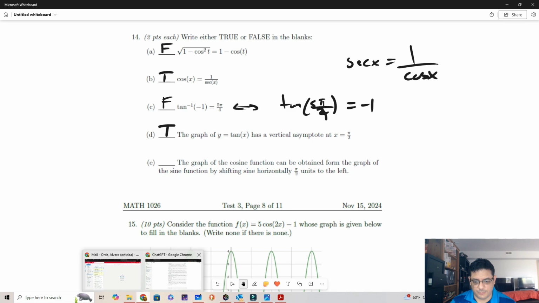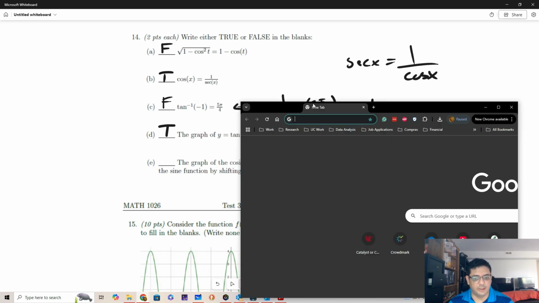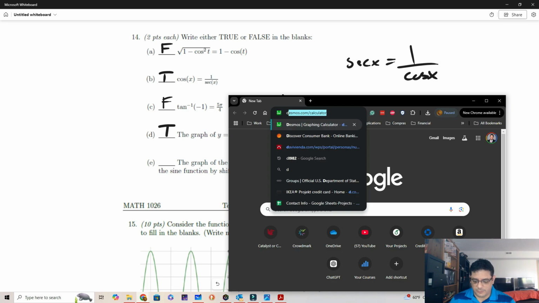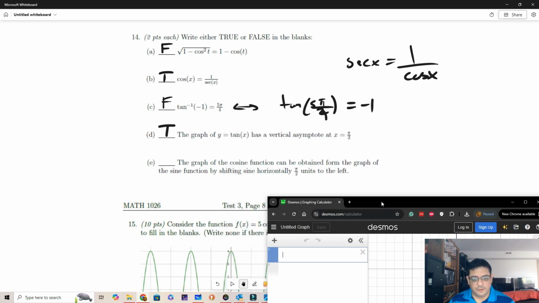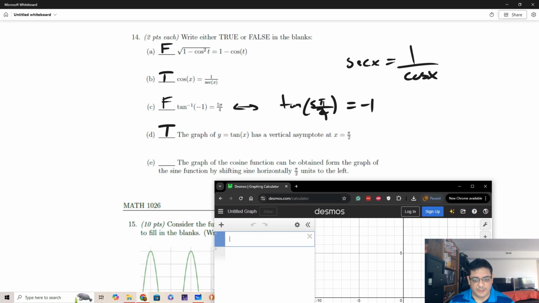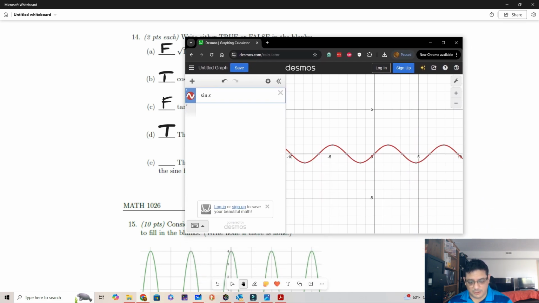Let me actually bring decimals here so we can take a look. So we can use the Desmos calculator. And so this is saying the cosine can be obtained from the sine shifting pi over 2 units to the left. So notice this is sine of x, but if we take it and we shift